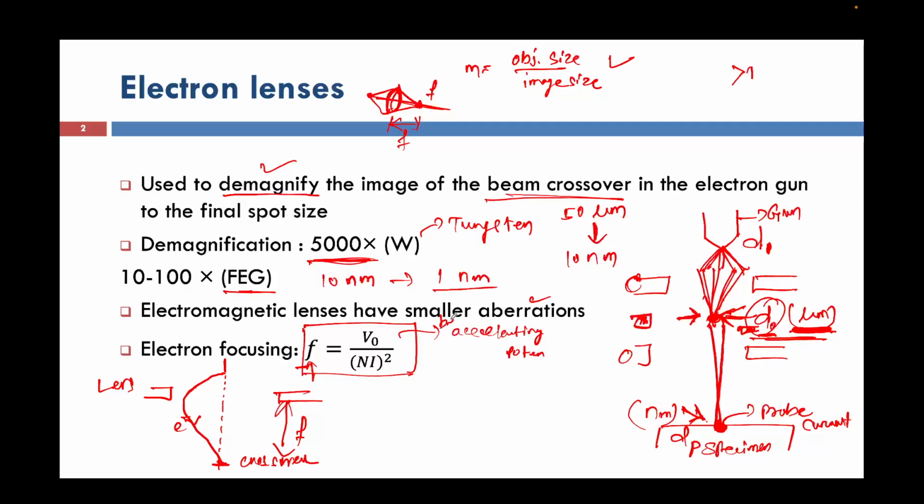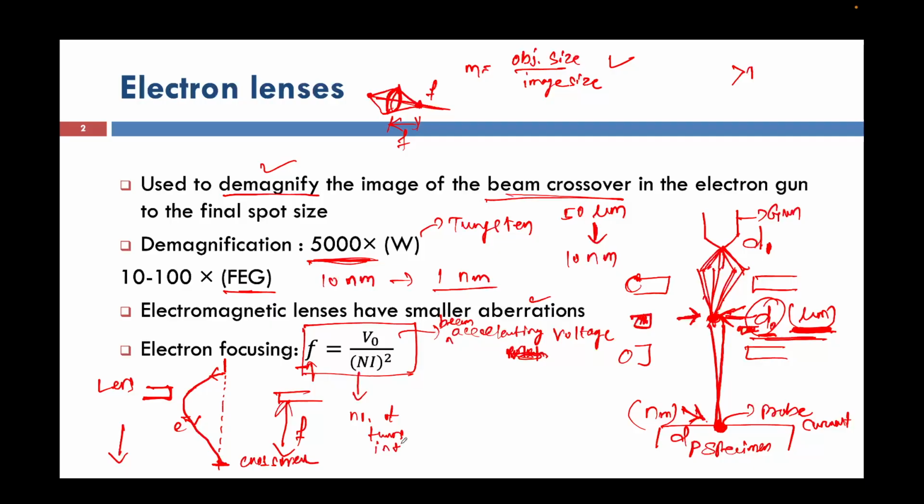Or we can say beam accelerating voltage. Instead of saying potential, beam accelerating voltage. Here, not potential, it will be rather correct to say beam accelerating voltage, because here an anode would be there, and the anode's job is to make this electron beam accelerate so that it would go down towards the specimen, right? And beam accelerating voltage, N is, we know that N is the number of turns